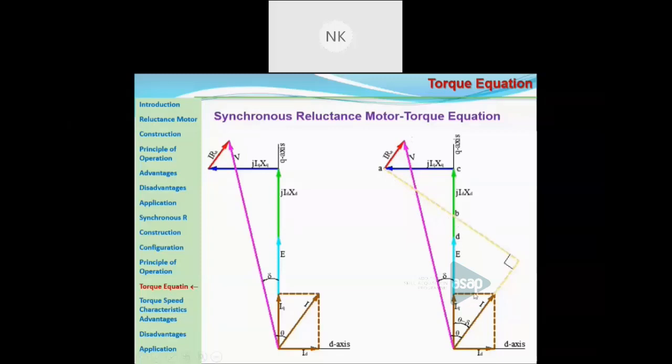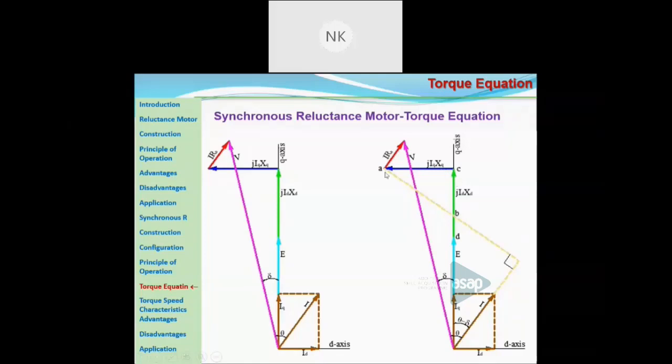So if you have this load angle delta, between E and V you have the load angle, and then theta, between V and I, is the power factor angle, then you get this angle as theta minus delta. Since you have 90 degrees, here you will get 90 minus theta minus delta. Or you can have here also 90 minus theta minus delta, or this angle is nothing but theta minus delta. So from this you get the two components corresponding to this right angle triangle ACB. One is the horizontal component and another one is the vertical component.